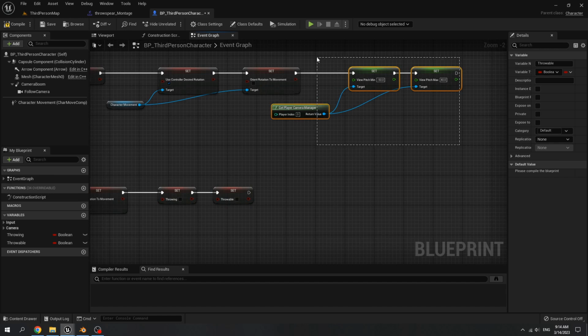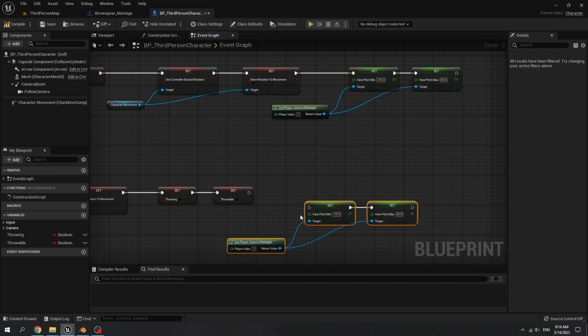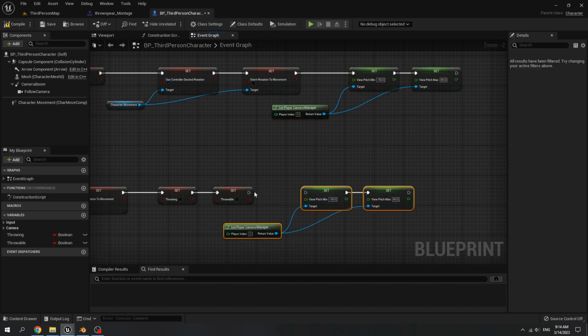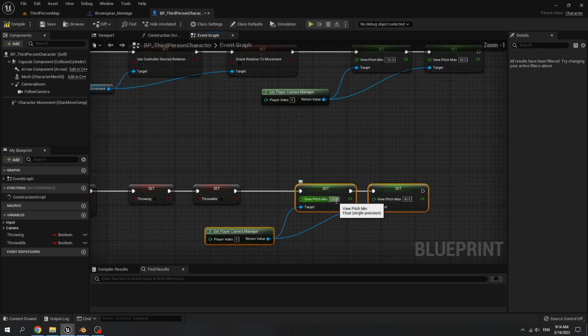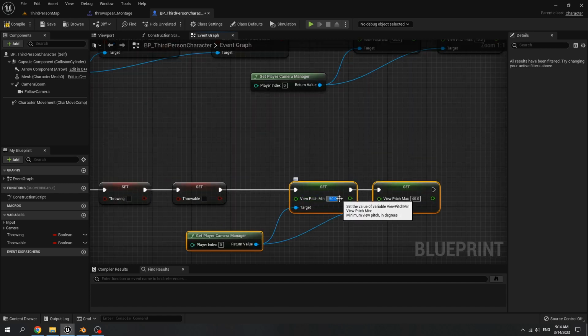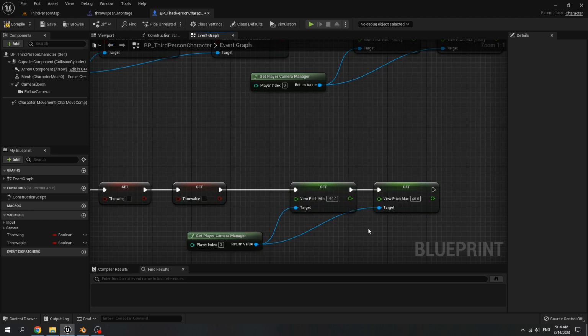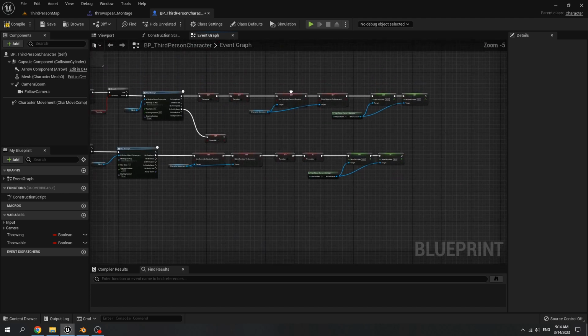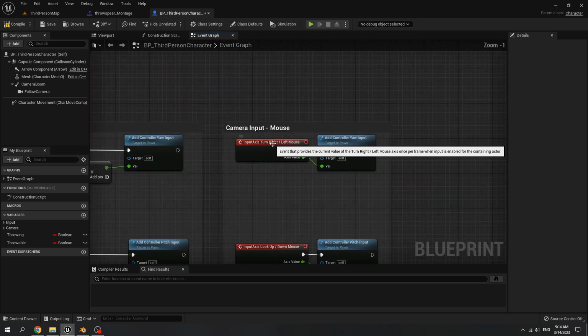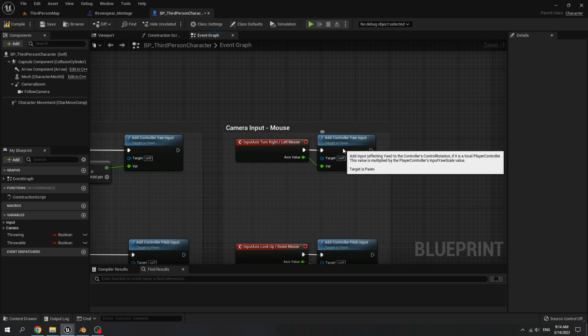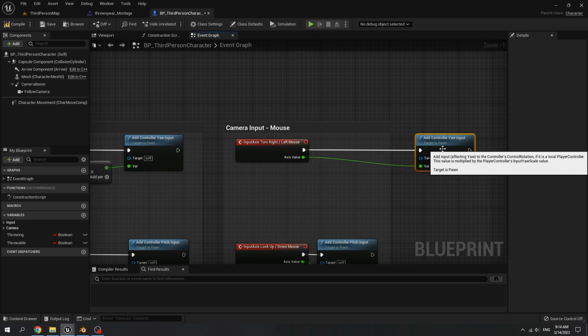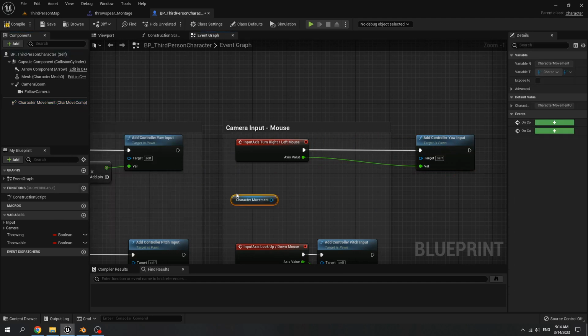Copy our player camera manager settings. Connect it. For pitch min, set it to -90. That is the default value, and pitch max is 90. Go to camera, turn right and turn left input. Get character movement.